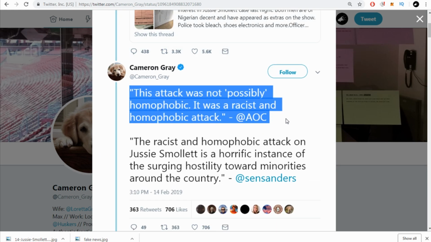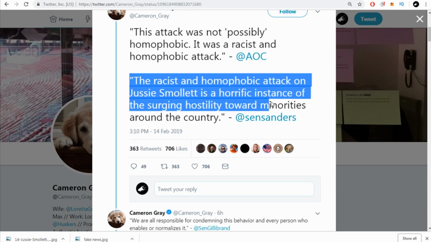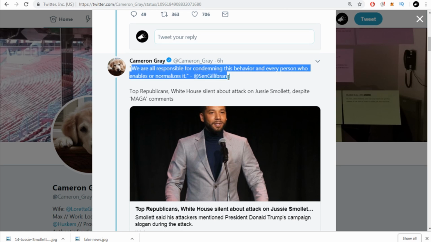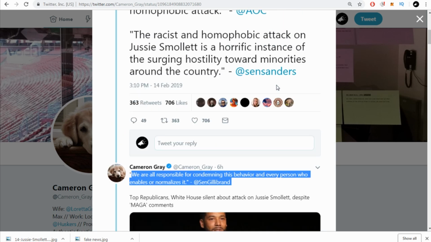And this was the narrative that was being spread around. That there are homophobic, racist Trump supporters. That's the narrative that they always want to try to portray, is that Trump supporters are racist and homophobic, and they love to carry around bleach in polar vortexes, apparently. So it evolved into this narrative that got just carried away into the wind all over Twitter and all these media places that were sharing stories about